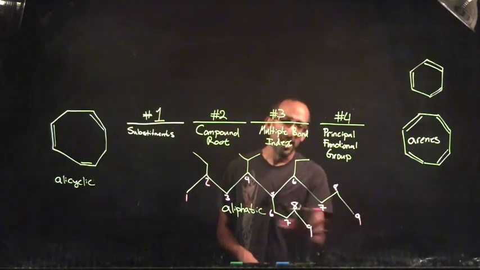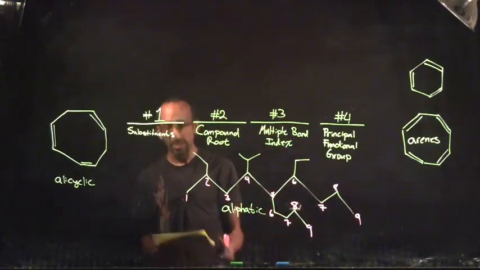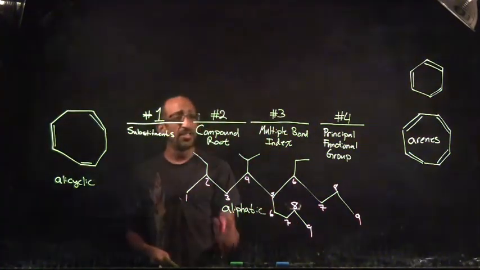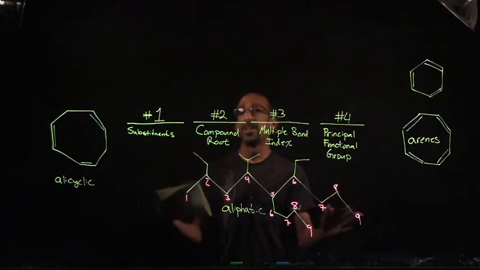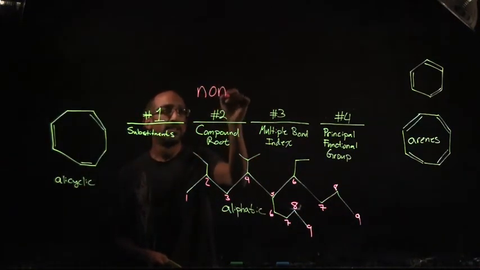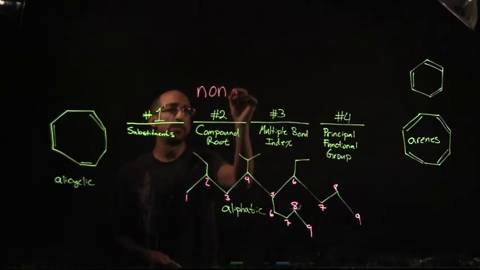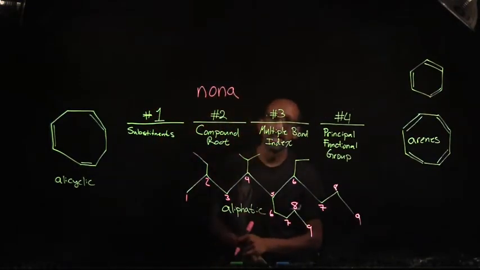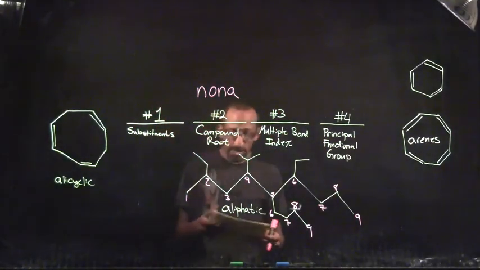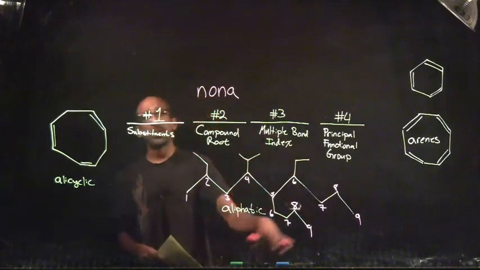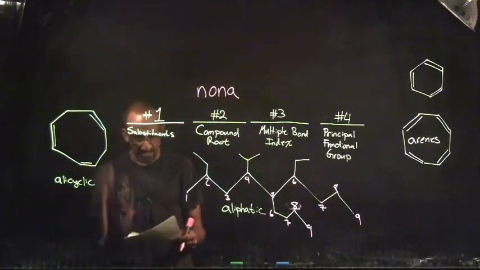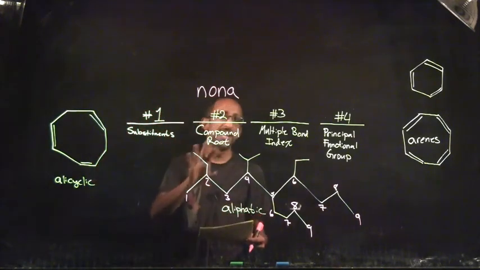continuous bond chains. Either one of those has 9 carbons, and so if you look back to that table that's in Sorrel, right, the compound root for this is going to be for a 9 carbon chain, and that's going to be a nonane derivative, so we're just going to put nona here, which indicates 9 carbons in the longest continuous chain. Right? If this were a cyclic system with 9 carbons, we would add cyclo in front of it. We're going to look at some cyclic examples in a little bit, but for right now, let's just finish off